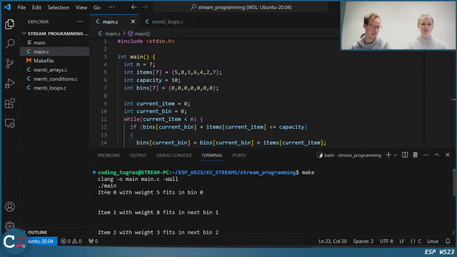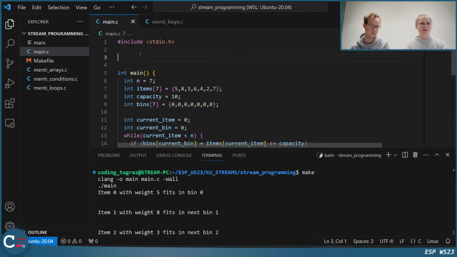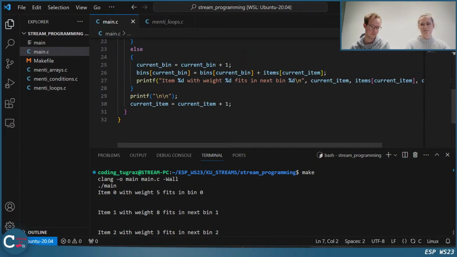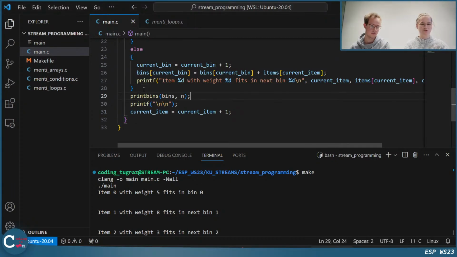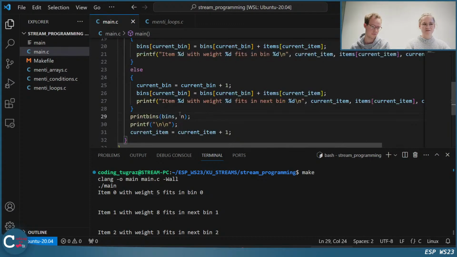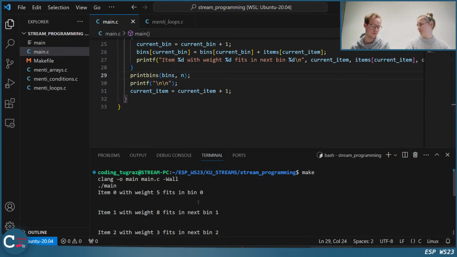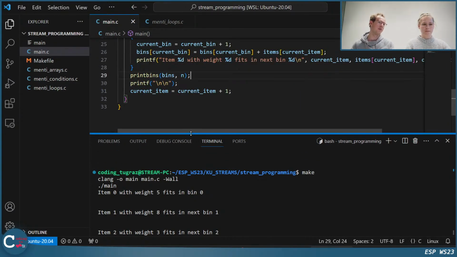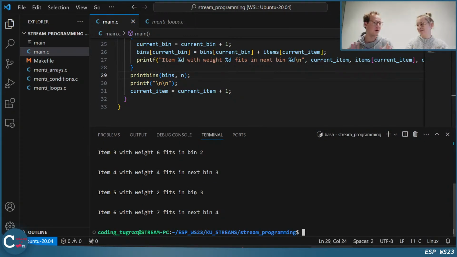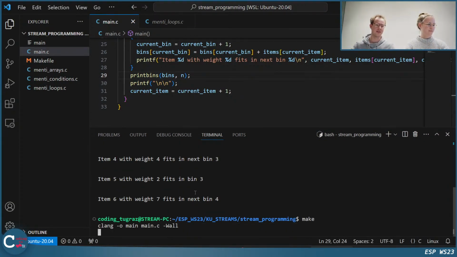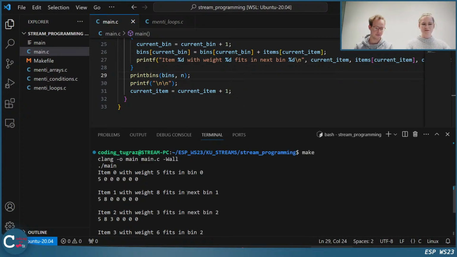Okay, so we can see items get placed in some bins. I have prepared some function to print these bins a little bit nicer. I'll just copy that in. You don't have to worry about what this does for now. It's just so we can see what's in the bins. So we keep it as a better printf for now, which does something more than an ordinary printf. As you can see, it outputs what items are in which bin.